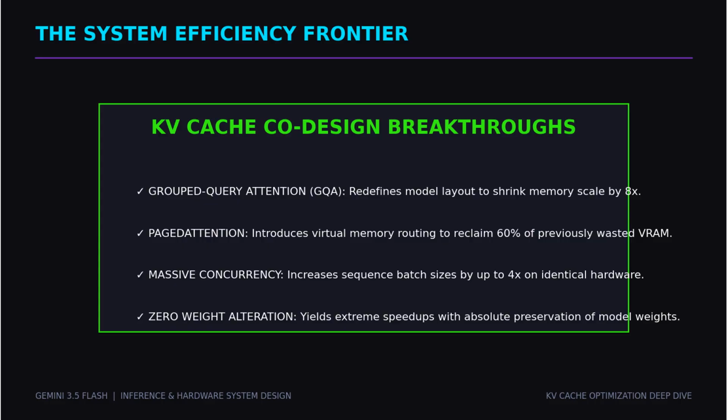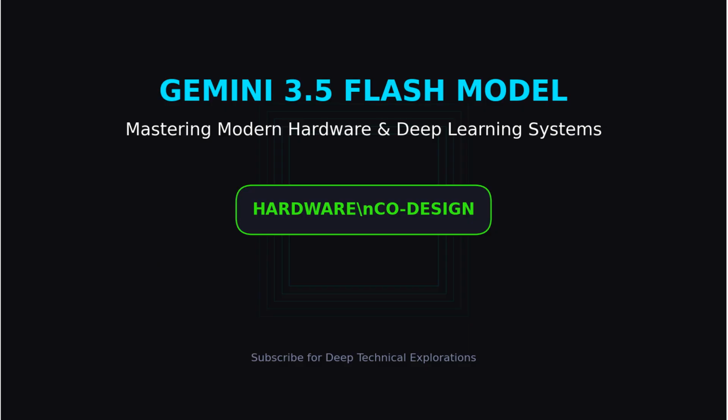By co-designing attention head architectures and operating system-style memory managers, GQA and PagedAttention have redefined the efficiency frontier of deep learning. They allow us to run larger models, handle massive context windows, and serve thousands of concurrent users without changing